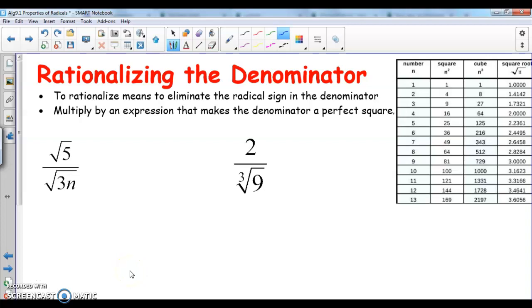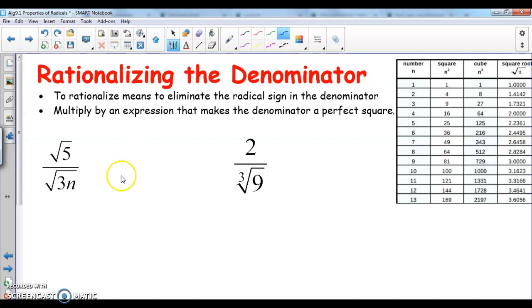The next task that we're going to look at is called rationalizing the denominator. So first, what does it mean to rationalize and when do we do it? To rationalize means to eliminate or remove the radical sign in the denominator. So if the instruction is write your answer in simplest radical form, there should be no radical sign in the